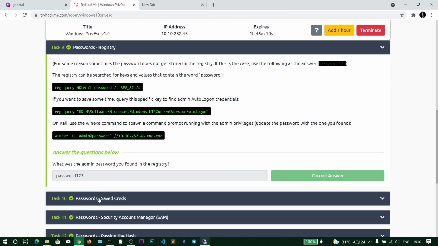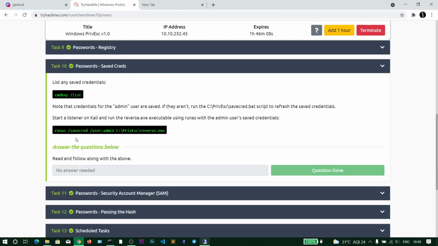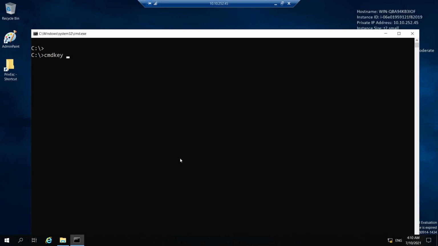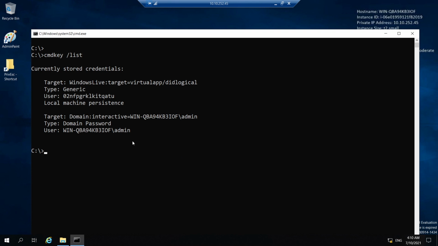So next we are going to see the saved credentials. Let's view the saved credentials using the cmd command. And you can see the currently stored credentials are administrator credentials.